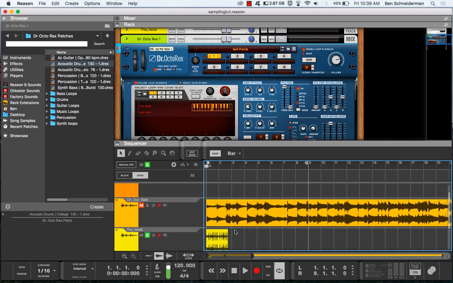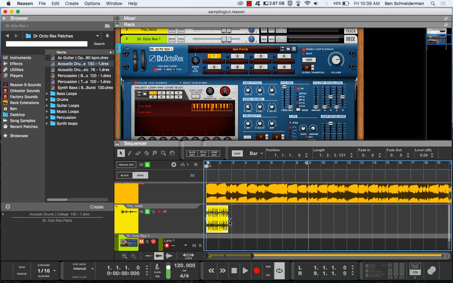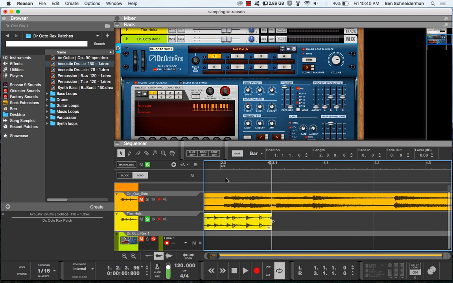But to test that, with snap back on, we're going to hit Option and drag it out to 2 bars. Okay, let's listen. Yeah, it's perfect. So now what we're going to do is double click,